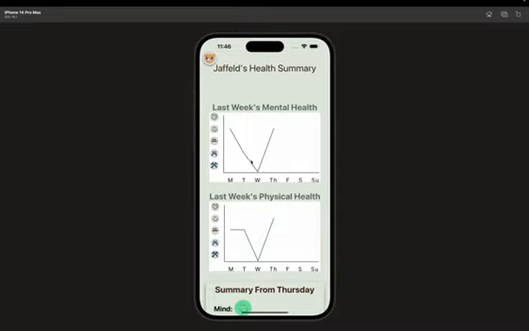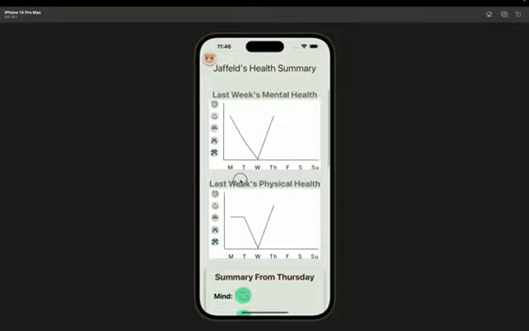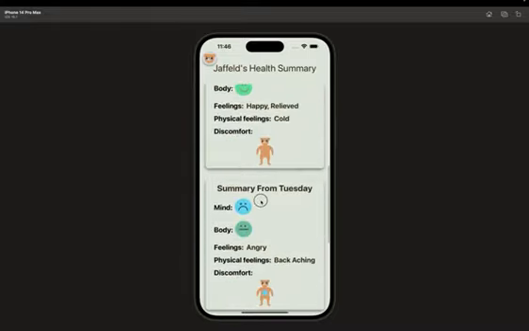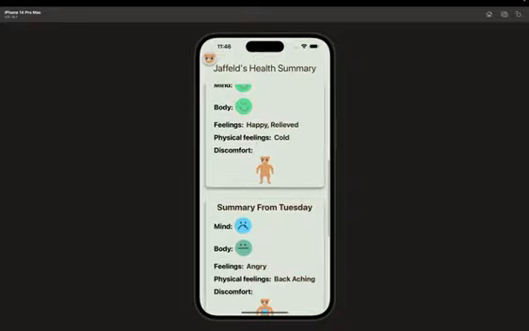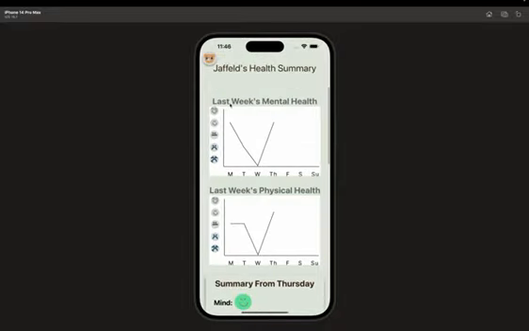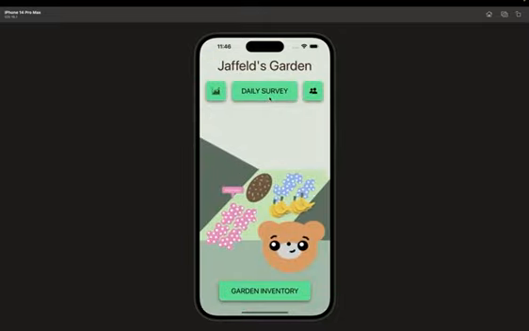And here we see a graph of our previous entries. So this could be something that an experienced user will see. Somebody that uses this app a lot gets to see their summary from the prior week. And they'll also see a helpful graph to see how their mental and physical health has been tracking the last couple of days. So let's go back home and get to the meat of our app, which is the